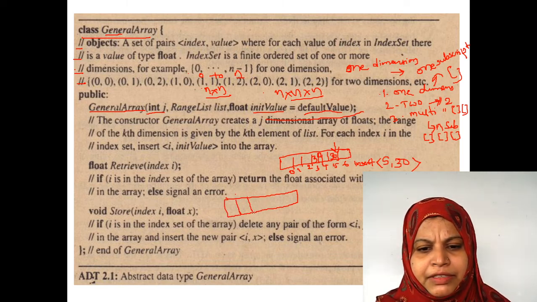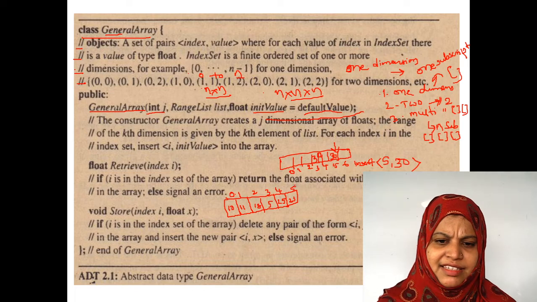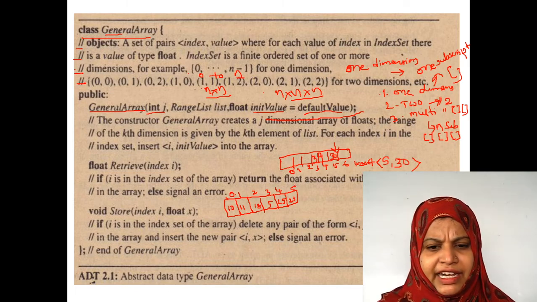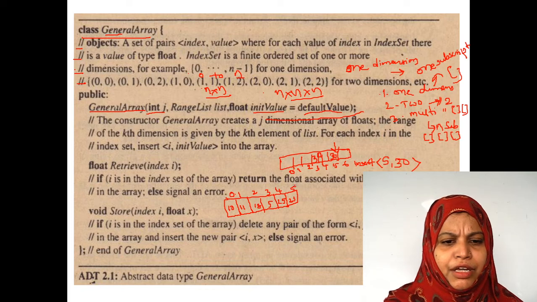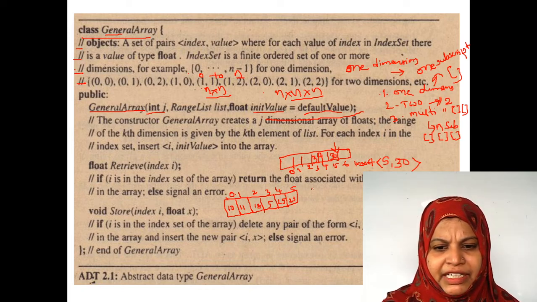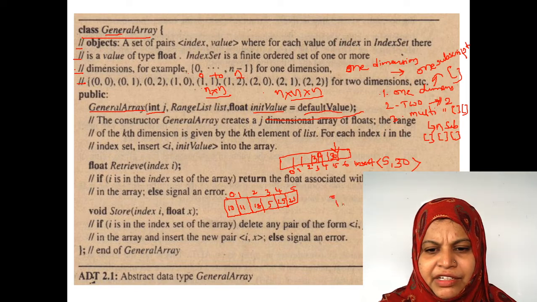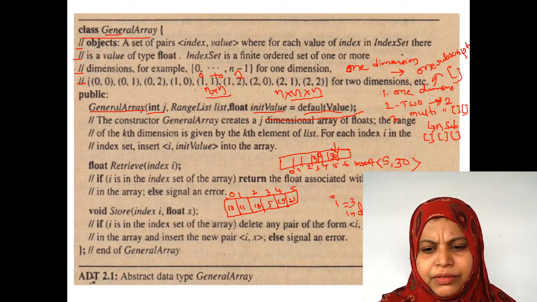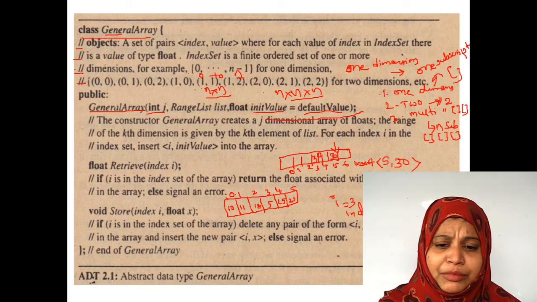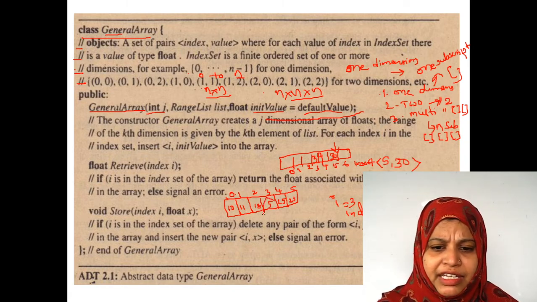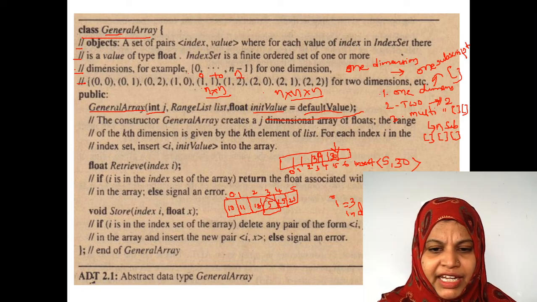For example, see here, this is an array: 10, 11, 18, 5, 25, 23, with indices 0, 1, 2, 3, 4, 5. Array size is 6. Array index is going to start from 0 to 5. Now, retrieving the information means if my index value I is 3, I am going to retrieve the information 5 from this array, right.